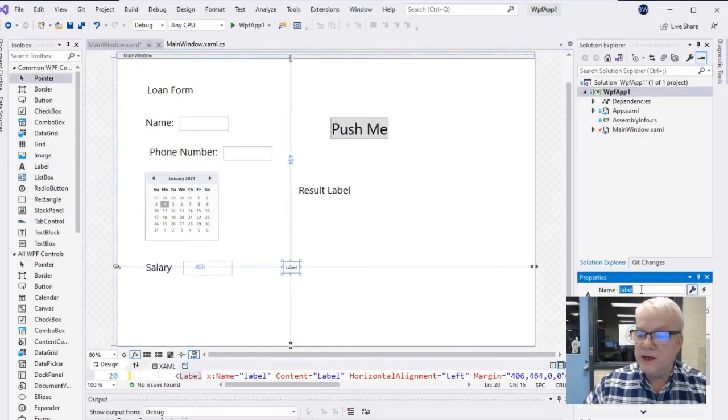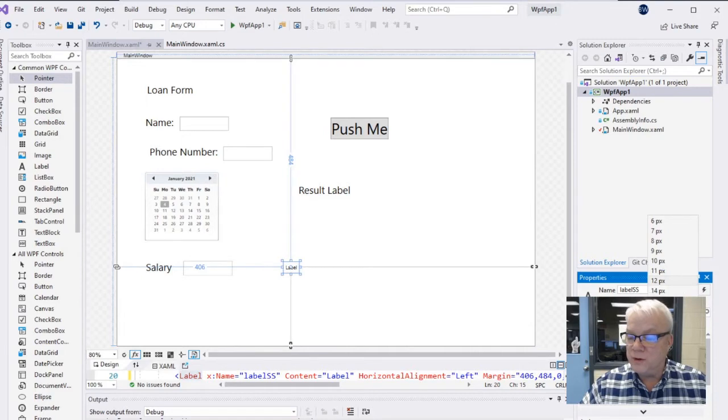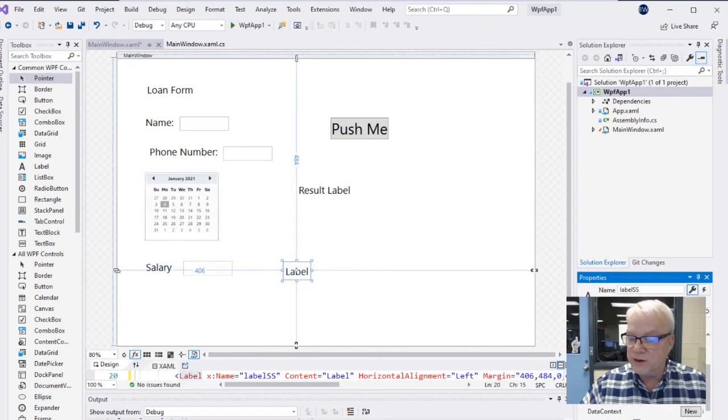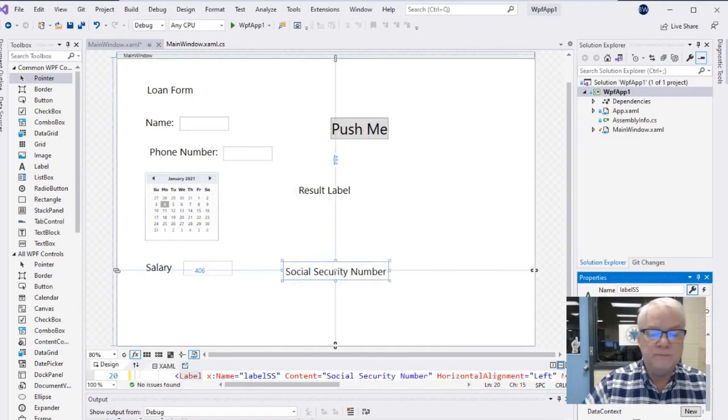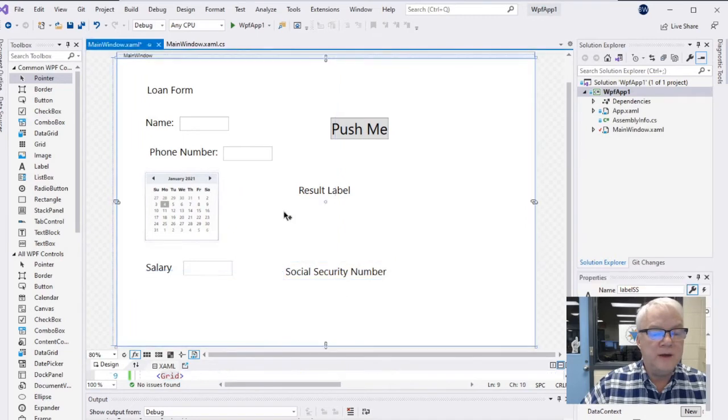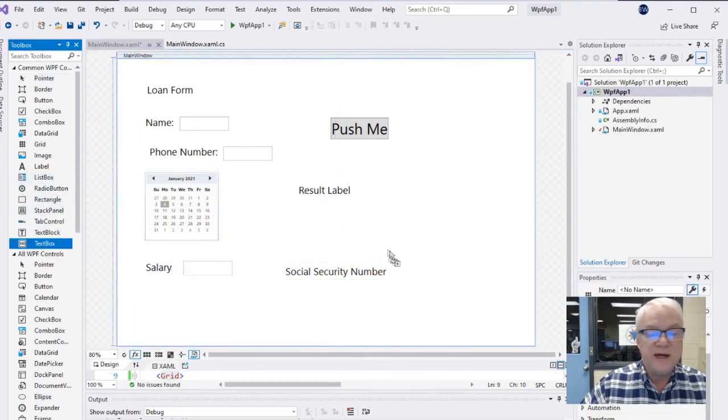And I'm going to say label SS for Social Security. I'm going to change it to 24 so it matches everything else. And then I'm going to say Social Security number. Just like that. Okay. And then I'm going to go over here, and I'm going to grab a text box,